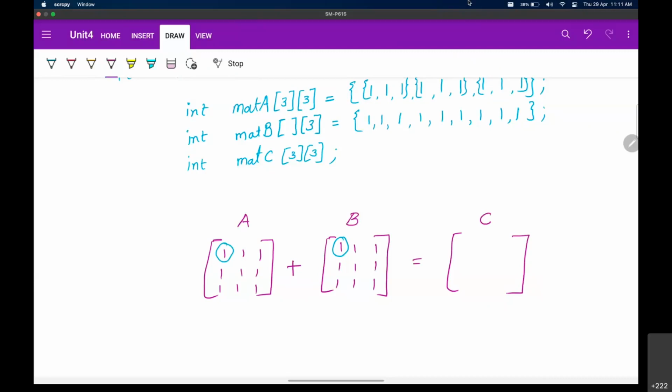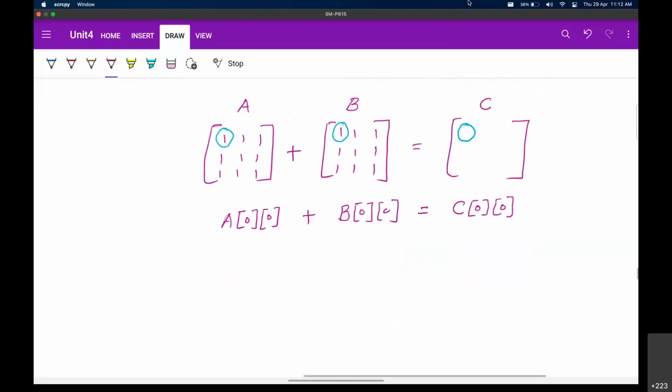You are actually going to access matrix A first element 0 0, and you are going to access matrix B first element 0 0, and you are going to add those two values, and then you are going to store that value in the final C matrix at first place. This is how you perform that addition, correct?